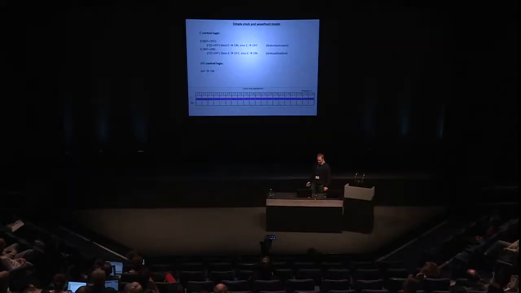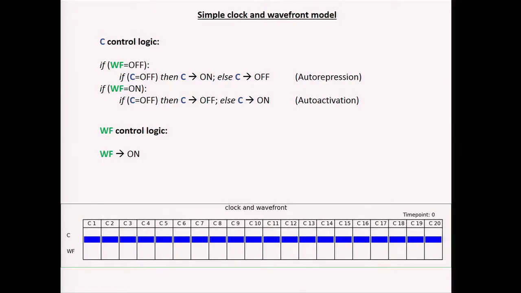So just so we're on the same page, I'll show you a really simple Boolean model of a clock and wavefront system. We're going to have two genes, clock and wavefront. Clock is going to auto-repress itself if wavefront is off, and it's going to auto-activate itself if wavefront is on. And wavefront, in turn, is going to turn on progressively across this idealized tissue of 20 cells. One more thing to remember, I've added some time delays to the system. So if you see a solid rectangle like that, that means protein. And if you see a hashed rectangle, that means transcript. So if I press play,